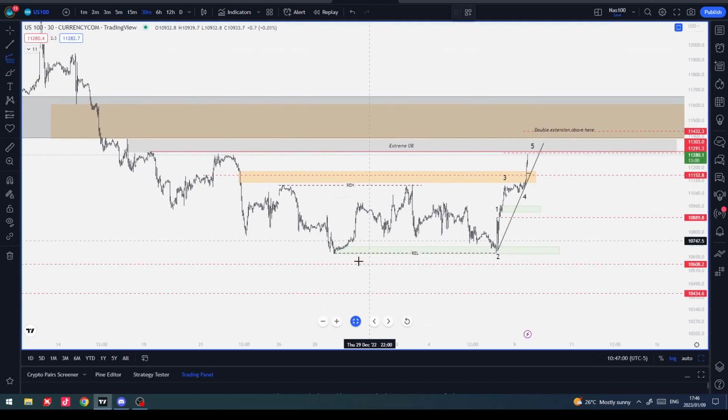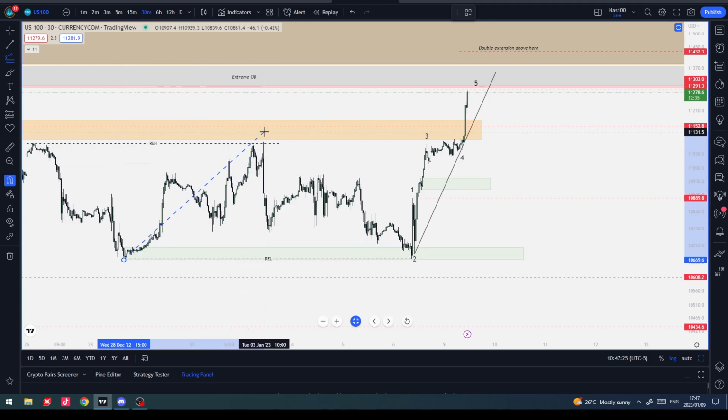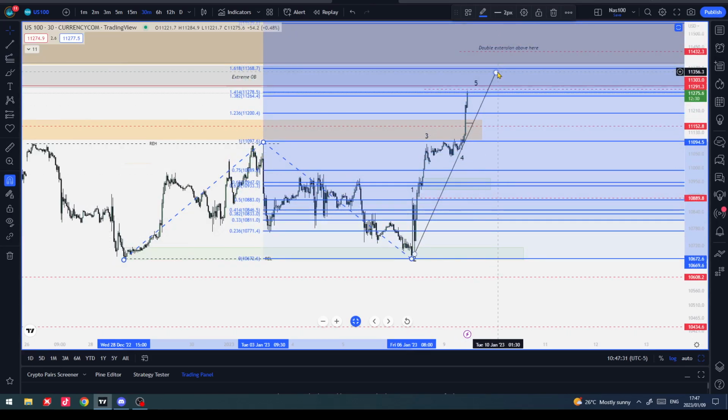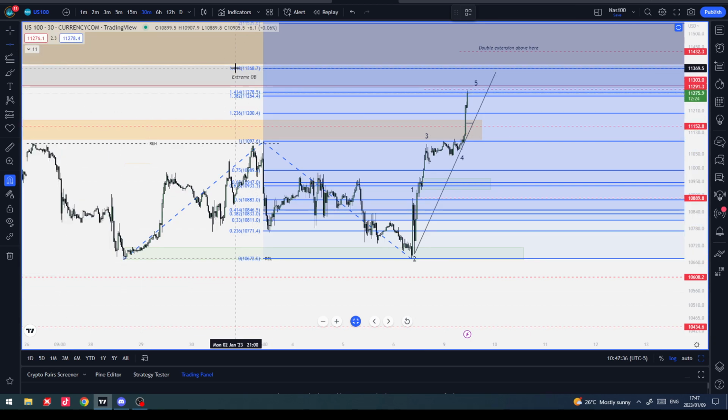And then we'll look at this being some sort of neutral triangle where this was an A wave, this was a B, and then this is the C, which is a corrective, probably A, B, C, X, A, B, C, right? And then extension for that would be obviously capped at 1618 as well. We don't want to see the C of a neutral triangle go higher than that, so that means we'll take the length from the bottom here to the top here as the A wave, down here to the B wave, and then 1618 extension puts us here. So we don't want to see price go above 11,368.70.